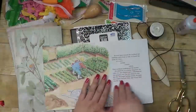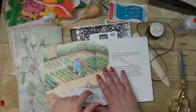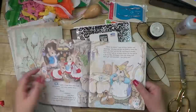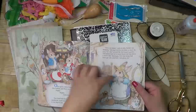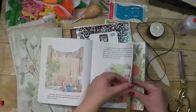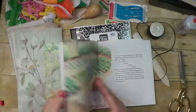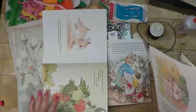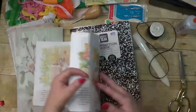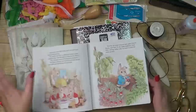So now I'm going to go through this and kind of decide. I don't think I'm going to be using every single one of these book pages in my journal, but I will keep the book pages aside so that I can cut the image out and glue it in my book. So I'm just going to flip through here and see if there's any ones that I don't really want to include, just to make it a little bit thinner. Let's see. I think I'm going to take this one out, just to not create such a thick book, if that makes sense, because I still want to have room to write, and since I'm going to be putting some of those papers in,